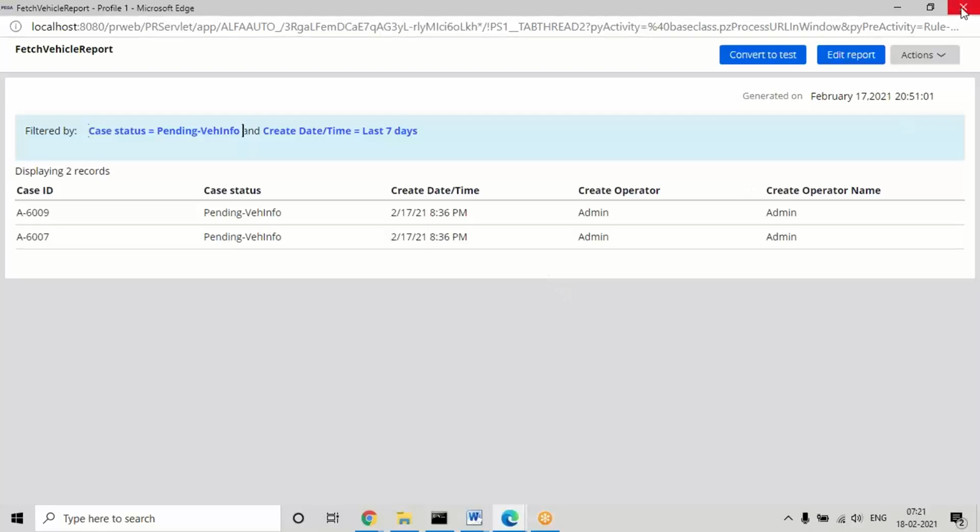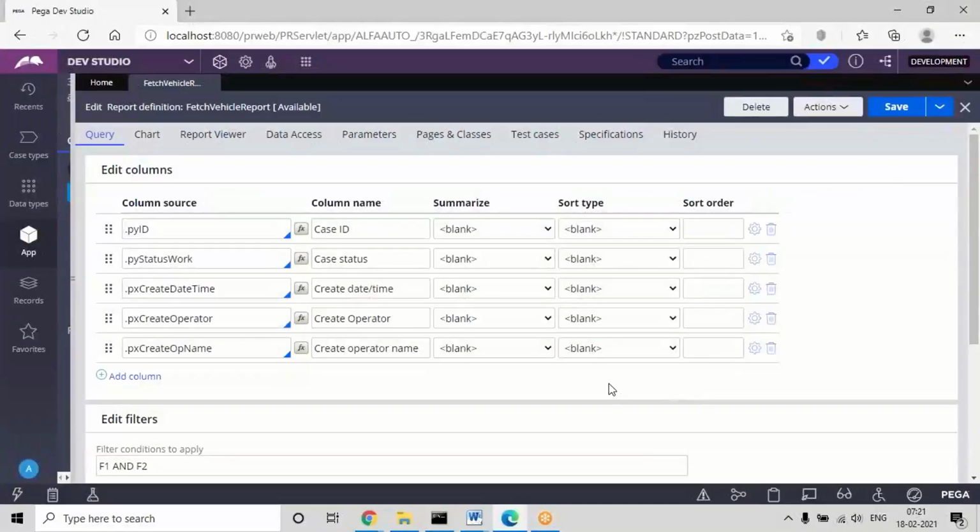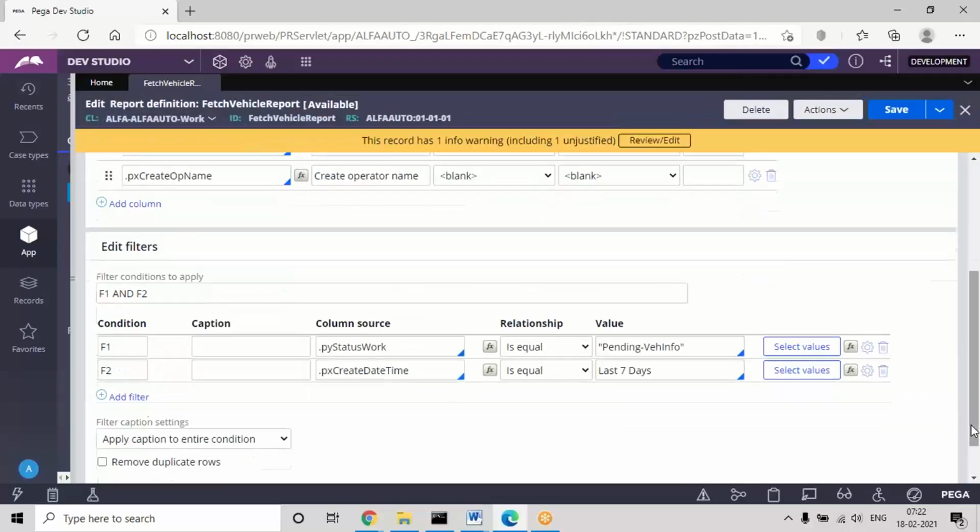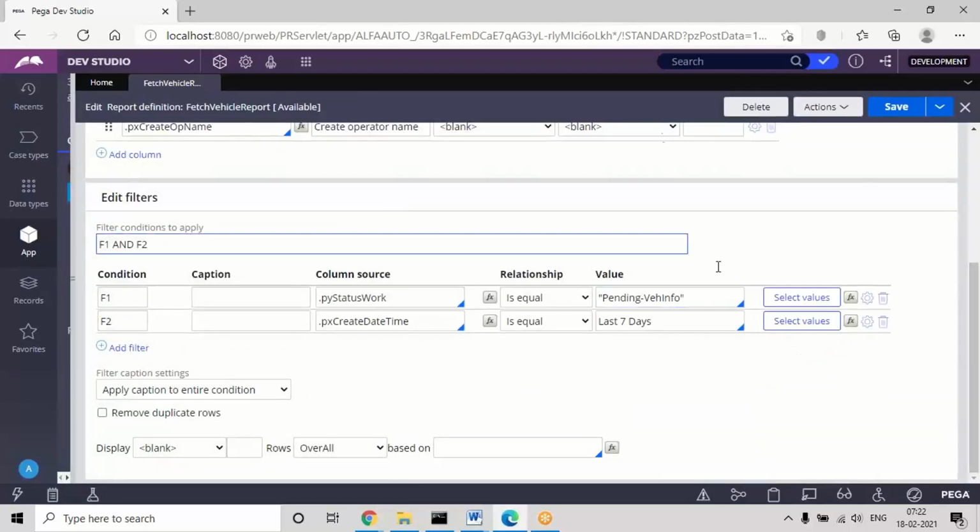So let's say before doing this example, after the status is defined, a few work IDs are closed, pending customer info, vehicle info, and resolve completed. To some point, everything is correct. But one thing here is not correct: we don't hard code the values directly like this. It is not a best practice to hard code the values. So we'll be passing some parameters.